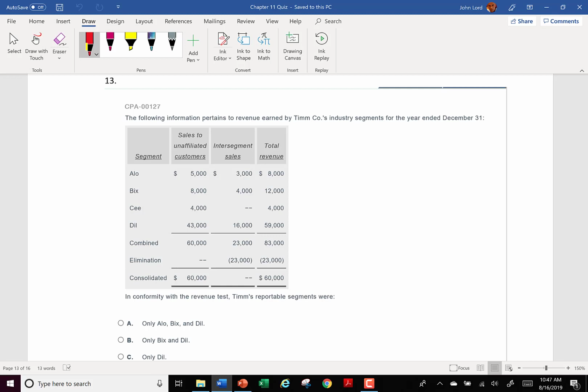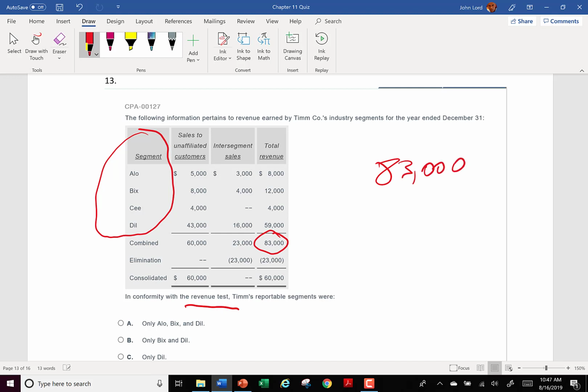We have these different segments, and we want to figure out which of these would have to be reported using, and notice, guys, they say a revenue test, but you need to make sure you're clear that those tests are 10% tests. So you take the combined revenue. You do not eliminate the intersegment revenue for this. Again, this could be assets as well, but this one contemplated revenue, but they're all 10% tests. We multiply that by 10%. That gives us